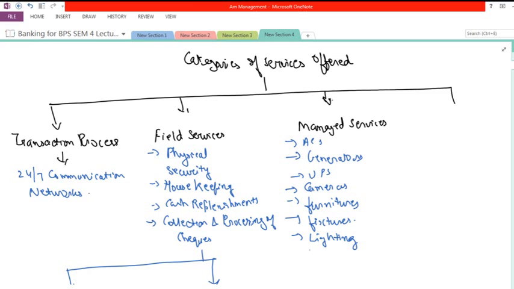UPS is required in order to have a seamless supply. Cameras are there for providing security in a particular ATM lobby. Then furnitures and fixtures are required in order to undertake the transactions in a smoother manner, in order to give the facilities to the consumers as well as the customers, as well as to ensure that the guard is always available in that particular ATM network. ATM में हमेशा guard available हो, तो इसीलिए ये वाली services उन सबको